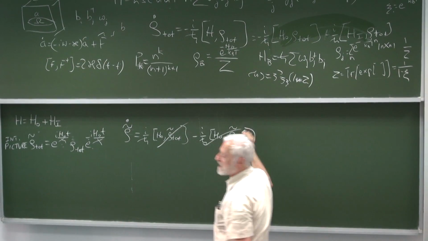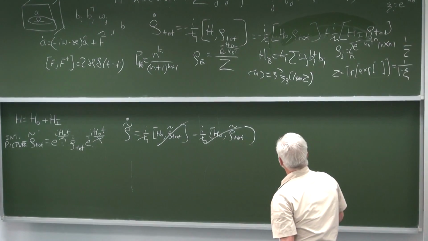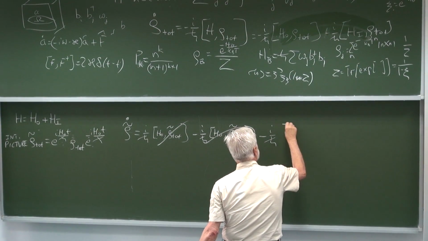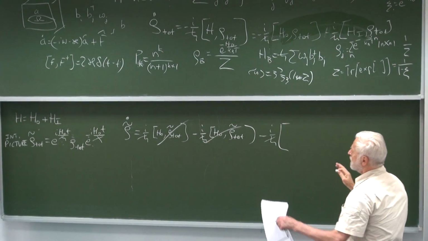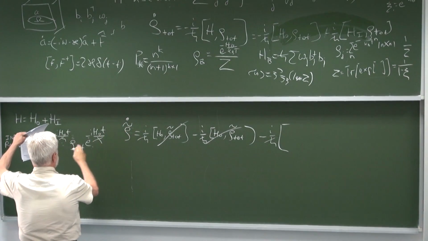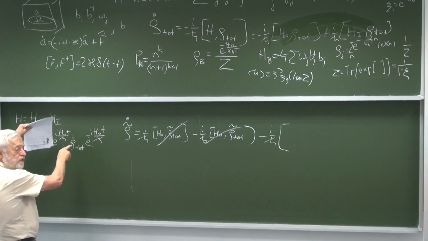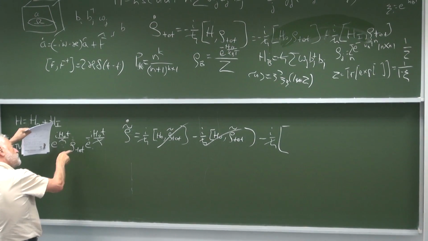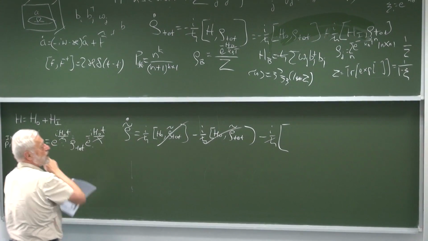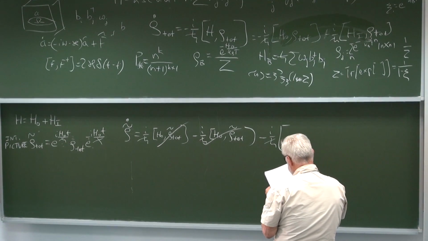So this will cancel against this. And what remains will be minus i over h bar. And here, I have all these two exponents outside. I have to put the Hamiltonian of interaction with rho total. Then, of course, I have to, again, replace this rho total by the one with a tilde. And that combined is